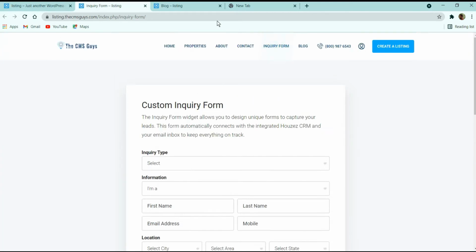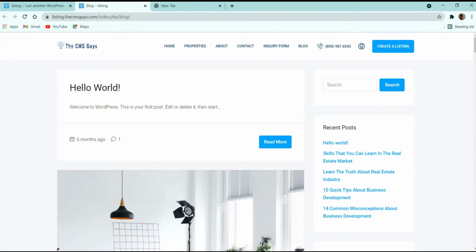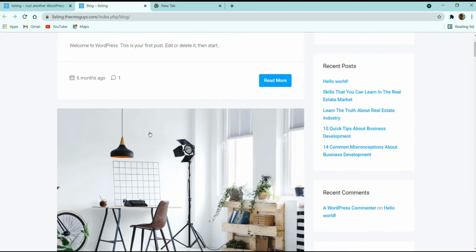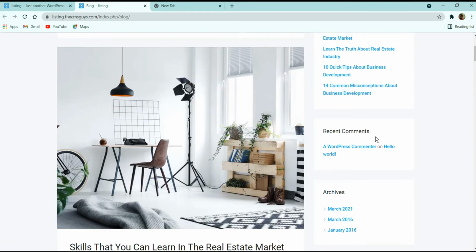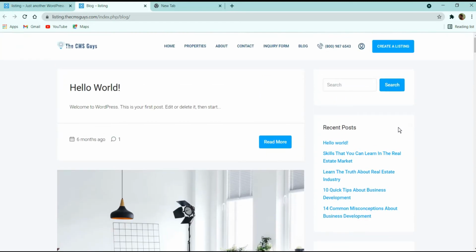Here you can see that after this inquiry form we have this blog page. We have the title first and then the description. Next we have the list of blogs in image boxes, on the left, and each box has a property image and details about the property. On the right we have this search box with a call to action button.